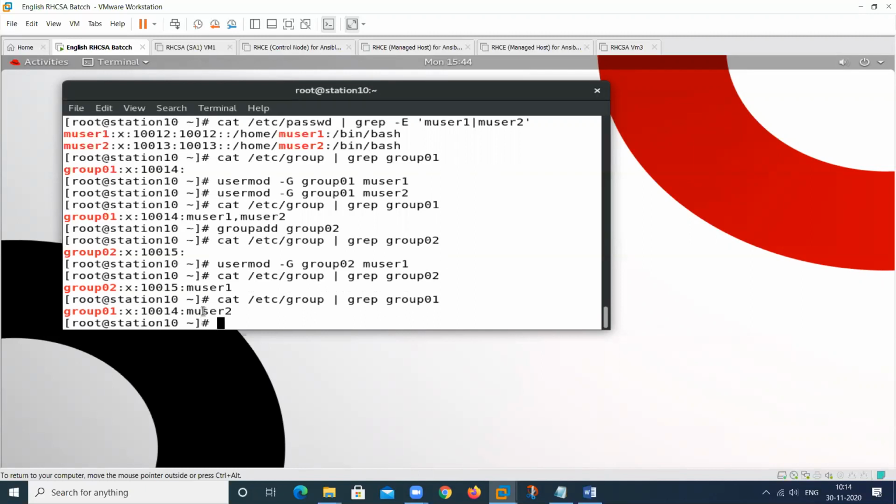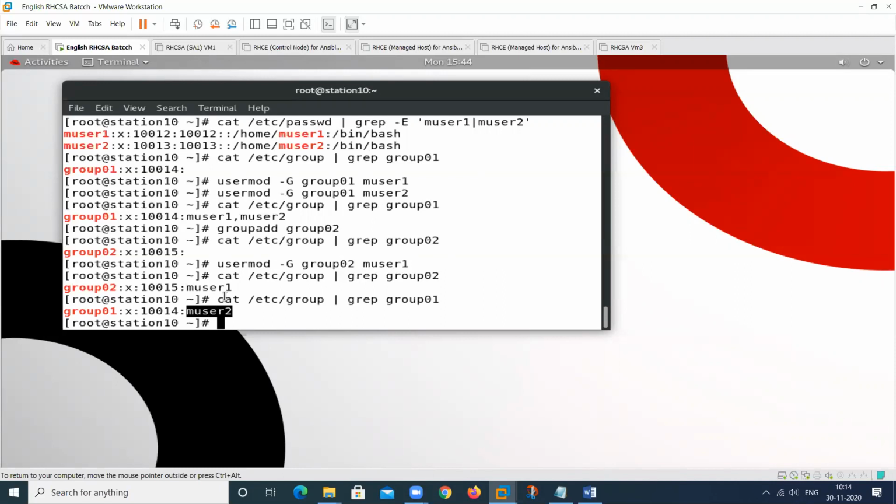My question is that I want to add one user to two groups, but when we use this command, it will overwrite and remove this user from the existing group. The user can be part of one group, but it removes that group and makes the user part of the new group.